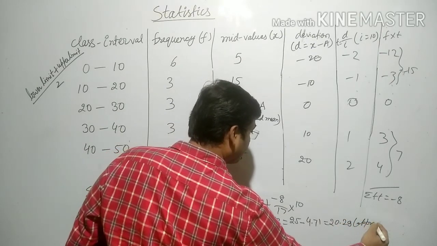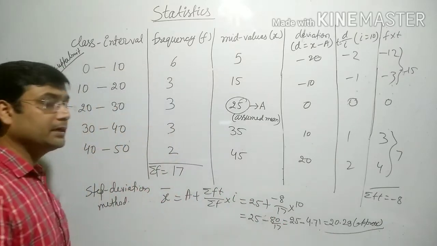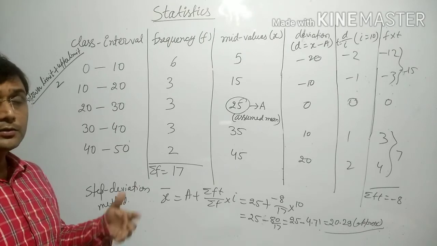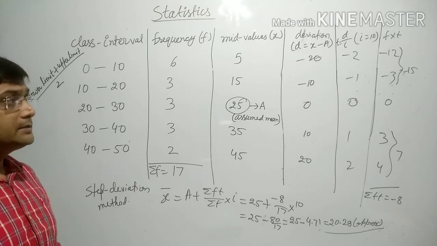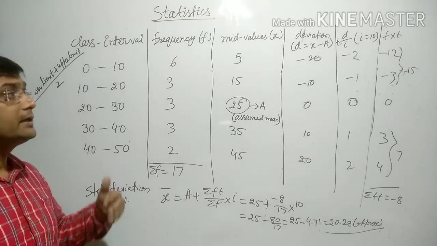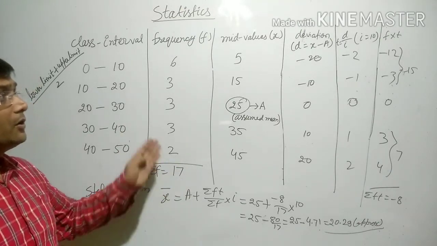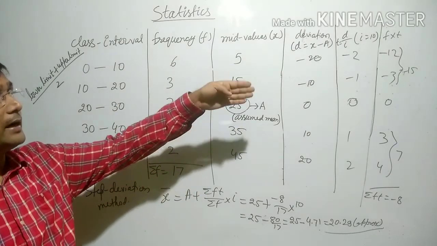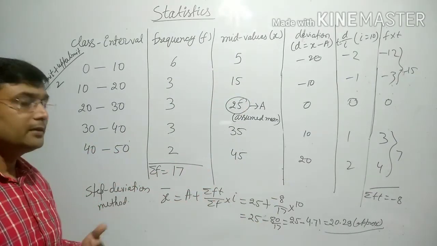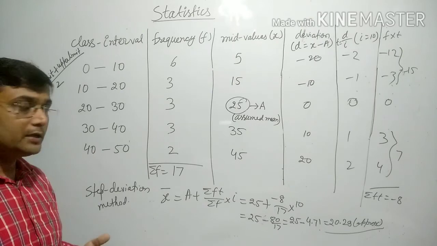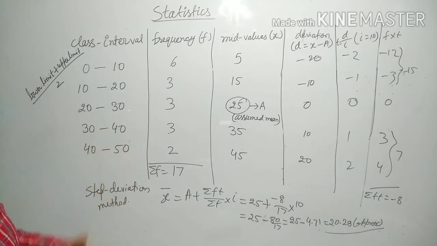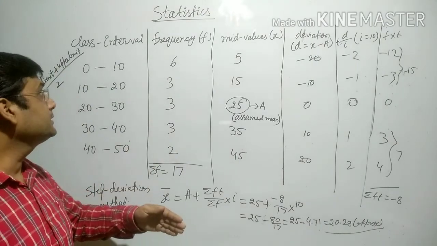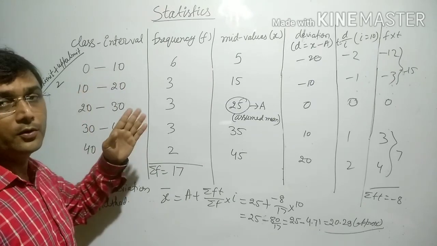So same value every time we are getting. We can understand there is no difference. Every time the value is same because we are not doing anything new. Only whatever we are subtracting, that we are adding, whatever we are dividing, that we are multiplying in the last. So everything we are doing, we are working with the same data. So now we have seen how we can find the mean with the help of these three methods for this type of overlapping data.